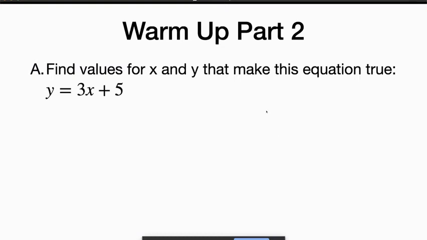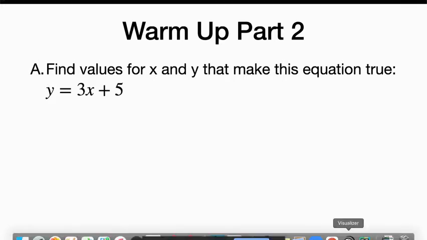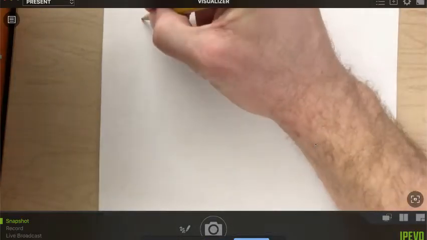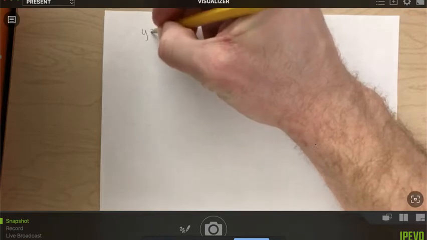Hey, good morning, everyone. So what I want to do is expand our understanding of what solutions are. So not just with equations, but also tying them to graphs. So to open, looking at this problem, I want to know what values for x and y can make this equation true. Well, x and y are different variables, and so that's going to mean that they can have two different values. So basically, in other words, what we're doing is we're saying, here's this equation, y equals 3x plus